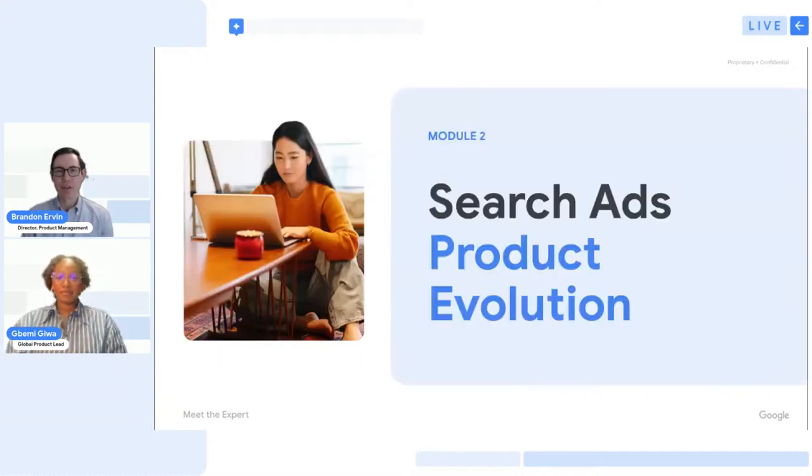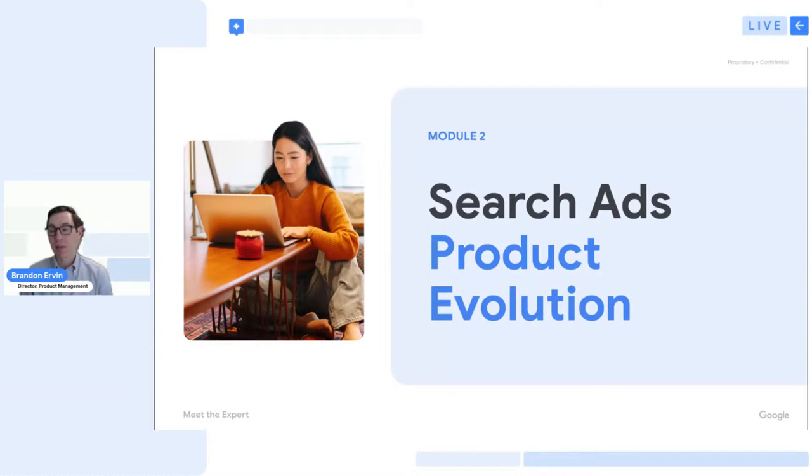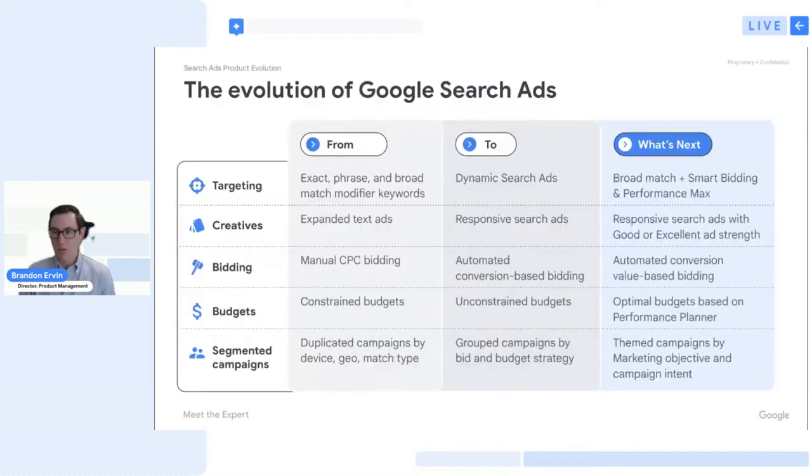Great. Thanks so much, Bami, and it's great to be here with everybody. So yeah, like Bami mentioned, I'd like to take a few minutes and just set some context around where search ads has been and where we'd like to continue to move it forward, in particular as it relates to account structure. So I'll talk about some of the features that have evolved historically, where we want to take them going forward. I'll touch on our search automation North Star that drives a lot of the product work that we'll talk about today. And then I'll just end with how is search targeting implications for some of these initiatives around simpler accounts? And so with that, I will move into the evolution of search ads.